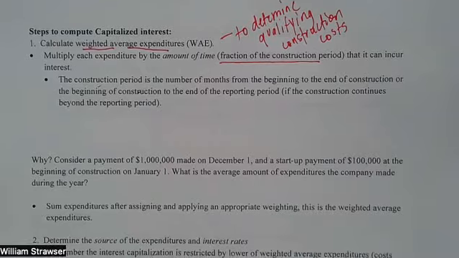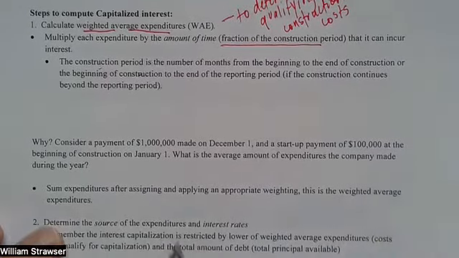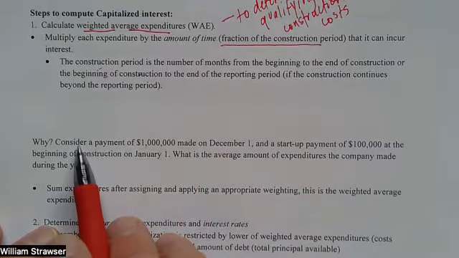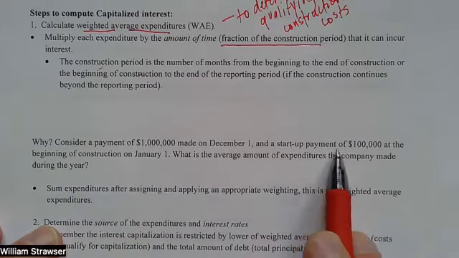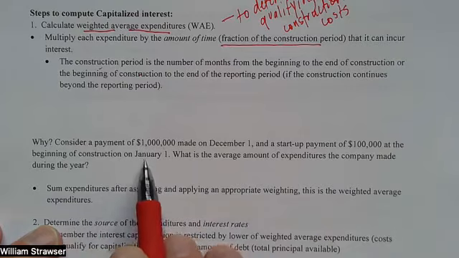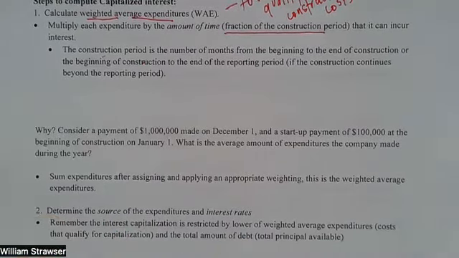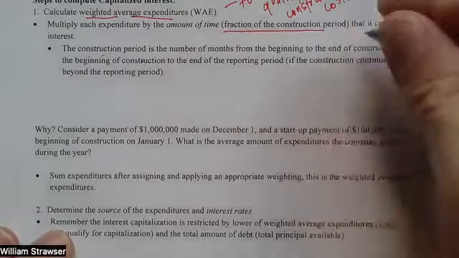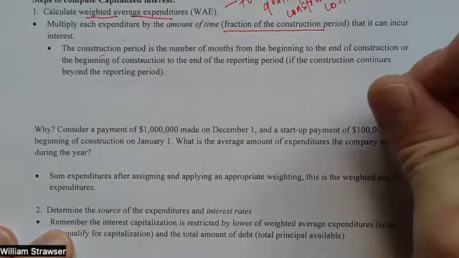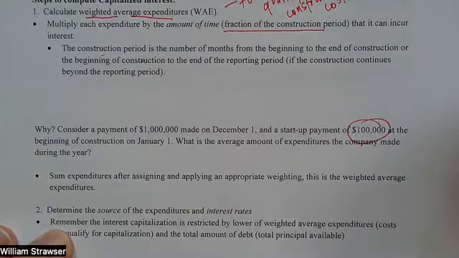So if you think about why we need to do this, think if we were constructing something and we made a payment of $1 million on December 1st and a startup payment of $100,000 at the beginning of construction, January 1st. What was the average amount of expenditures that the company made during the year? Now, we can't just say, take these two and average them. It's $1.1 million. So they spent on average $550,000,